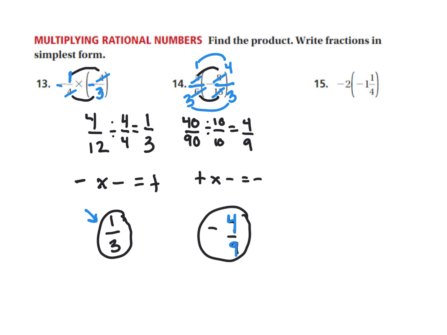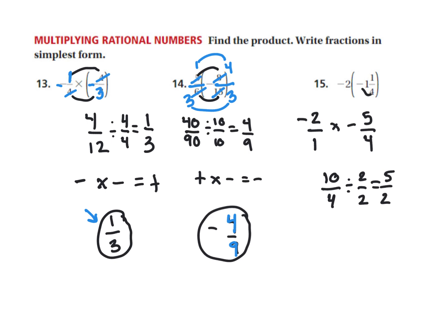And finally, number 15, let's turn the integer negative 2 into a fraction, negative 2 over 1. And then let's change the mixed number into an improper. So that's going to be 1 times 4 is 4, plus 1 more is 5 fourths. And now we can just multiply. 2 times 5 is 10. And 1 times 4 is 4. We can simplify dividing by 2 over 2. And that'll give us